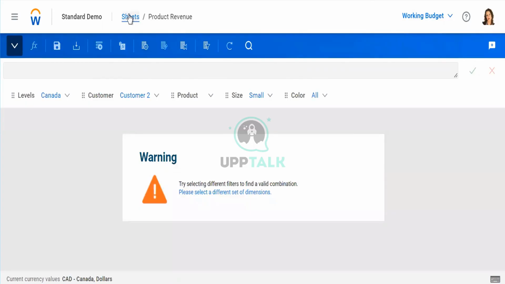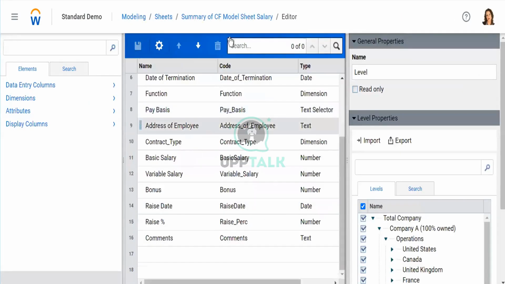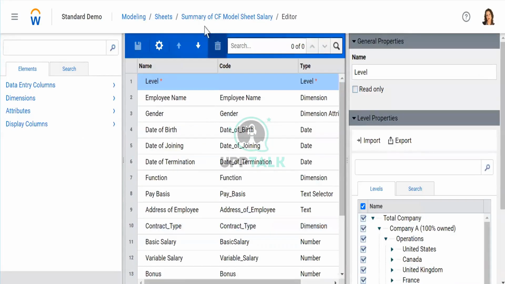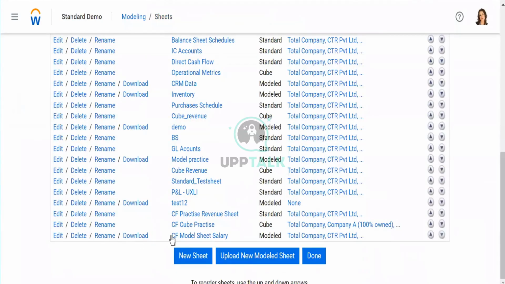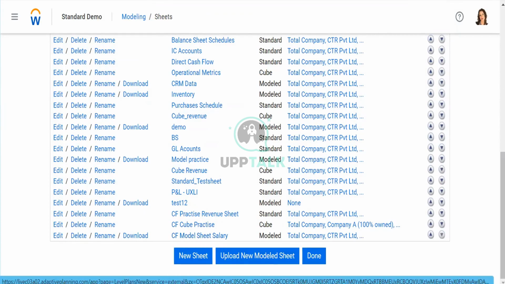Now let's see the sheet that we have built. We have built this particular sheet, and I will just click on done here. I will see if this sheet is created. You can see at the bottom my sheet is created with the name CF Model Sheet Salary.